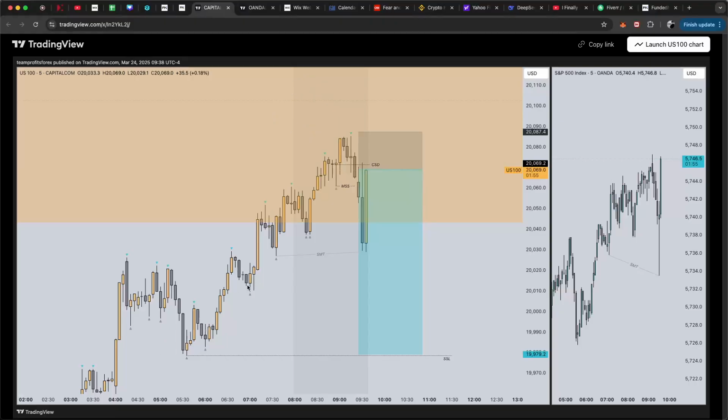So notice, right? This is London session. New York session opens here. This gray zone is 8 a.m., right? So New York session opens and it just keeps creating highs. Keeps pushing up until pretty much 9:30.